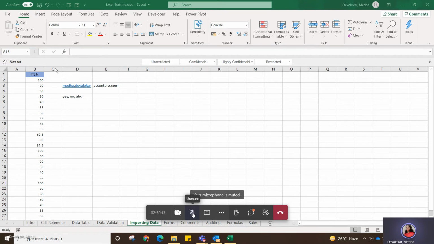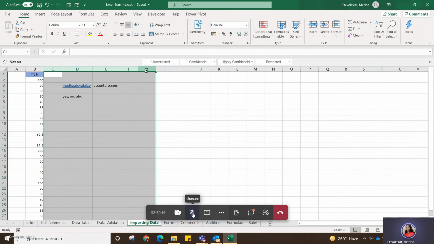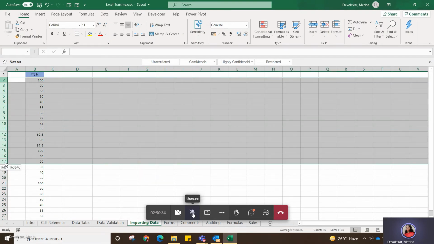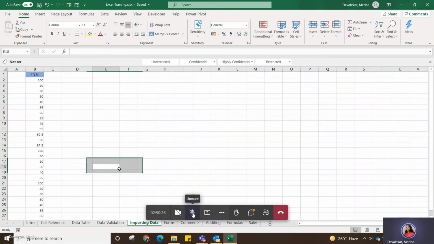You will scroll down and check whether there are duplicates or not. If the data is this small, then you can do that. We can see this 55 is doubled here, then 50 40 60 is again repeated here.